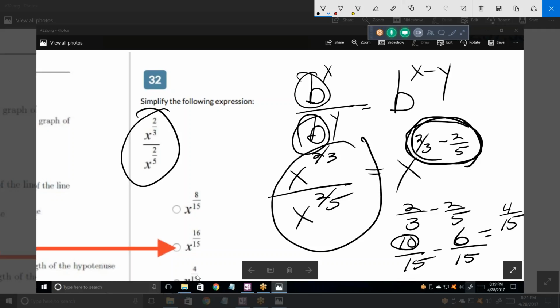That's this third answer. I don't have it. I didn't capture that screenshot, but that's the answer. It's x to the 4/15. This answer right here is going to be x to the 2/3 minus 2/5. In other words, when you're dividing the bases, you are subtracting the exponents. The one thing to kind of remember, to help you remember this, you are never doing to the exponents what you're doing to the bases. If I am multiplying the bases,